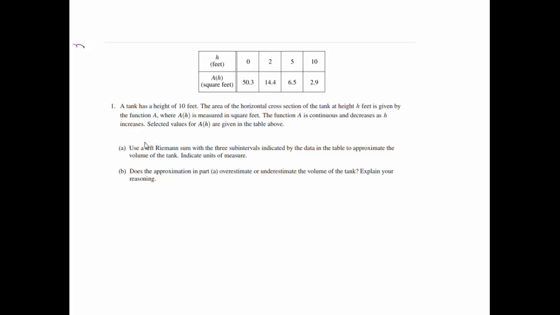Part A. Use a left Riemann sum with the 3 subintervals indicated by the data in the table to approximate the volume of the tank. Indicate units of measure. So we want a left Riemann sum, and there are 3 subintervals. I notice they're not equal subintervals, so I'm going to break them up into 1 interval, 2 intervals, 3 intervals. If I'm doing a left Riemann sum, the distance between 2 and 0 is going to be 2 times, in that interval, 50.3 is on the left side,